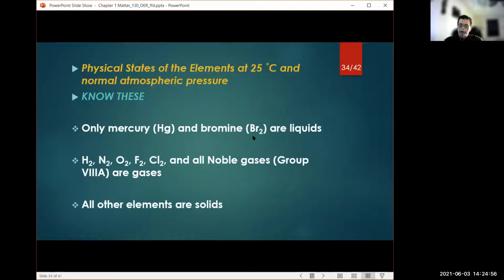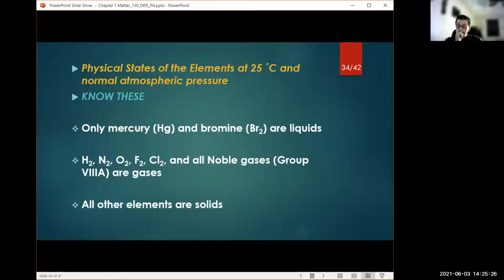Okay. Now, when we talk about the physical states of the elements, again, we're talking about 25 degrees Celsius, which is basically room temperature, and 1 atmospheric pressure, and that is approximately where we're at now, 1 atmosphere. Okay. So of the 118 elements, only 2 elements are liquid, and that is mercury and bromine, and that is